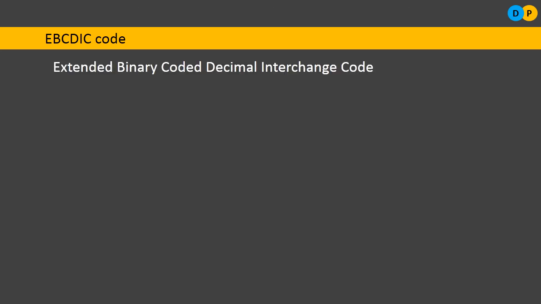Next, the third variety is the EBCDIC code. It stands for Extended Binary Coded Decimal Interchange Code. Using BCD, if you want to represent different codes, you can represent at most 64 different characters, letters, alphabets and digits. You cannot go beyond 64.